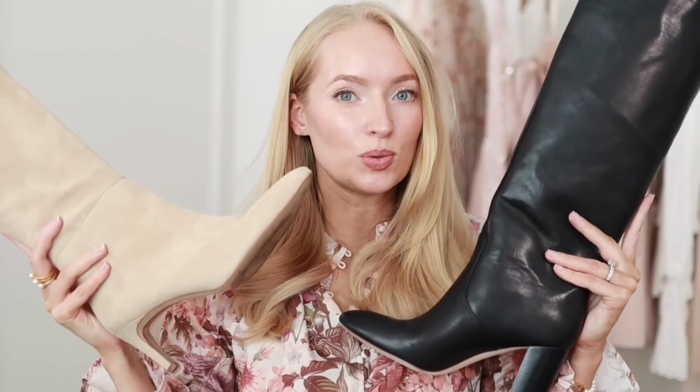During fall and winter, it's cooler, so you may want to layer a thicker sock. I just find closed-toed shoes, especially like this with a heel, to be a little bit more comfortable if I do size up a half size as well. To make sure you have the right fit, you just want to make sure that your heel isn't lifting up